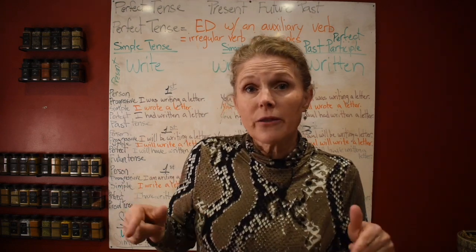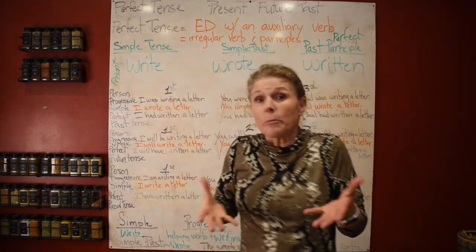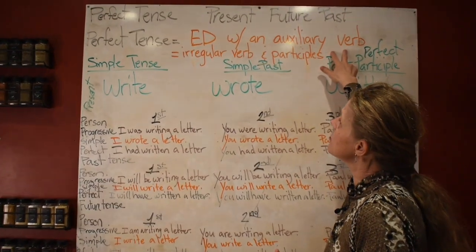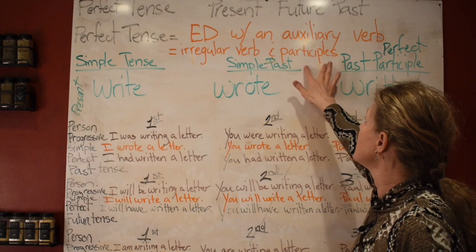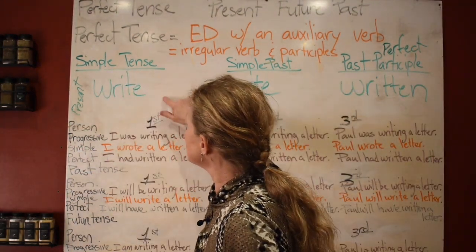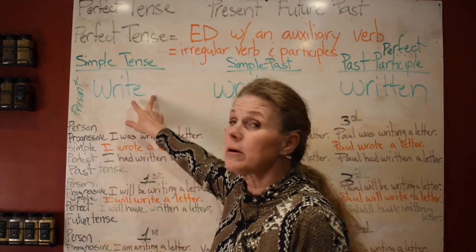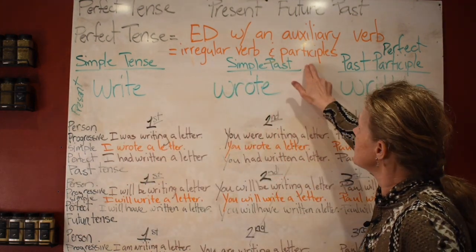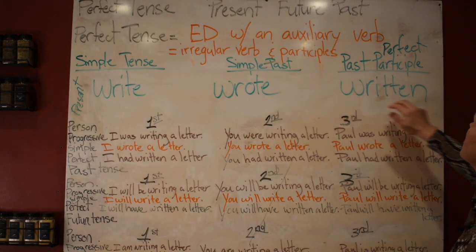We are doing another continuation lesson on the perfect tense. Remember, the perfect tense uses the -ed form with the auxiliary verb, and then we have our irregular verbs with our participles. The word that I chose today is, in the simple tense, write. Now, write is your base word, okay? It's your base word. We have for the simple past, wrote, and for the past participle, written, and